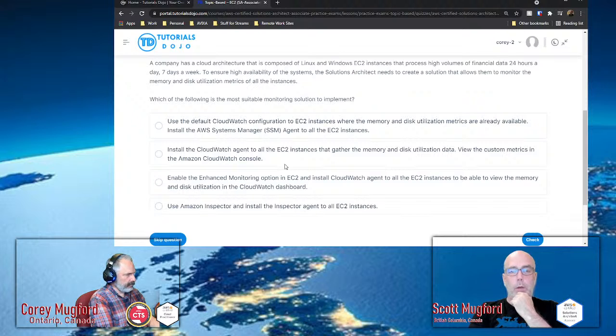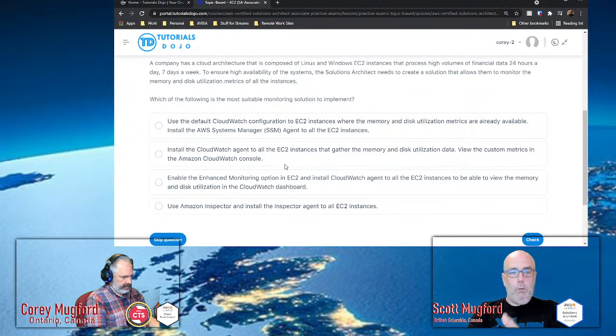Okay. When you take the courses, one of the things they drill into you for CloudWatch, and CloudWatch is a big part of this one, is that CloudWatch has standard metrics and custom metrics. Memory and disk are not standard metrics; they're custom metrics.